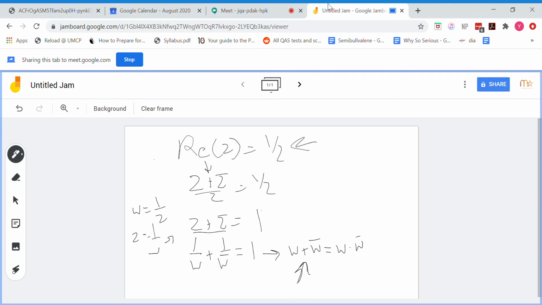Okay, so where do we go from here? Well, this equation doesn't really stand out as some sort of circle or line or geometric figure. So when in doubt, substitute w equals a plus bi. So let's plug that in here. So we have a plus bi plus a minus bi, which is 2a, equals... Okay, let me do this on the next slide. So if we plug that in, we get